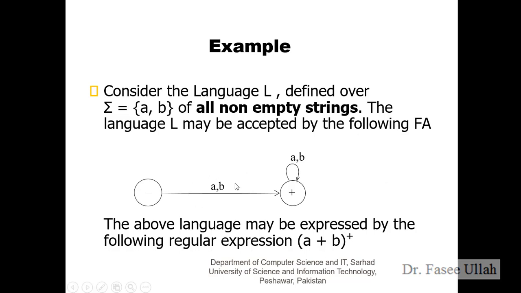So how can we design the finite automata? If we do not have any empty string over here, we just have the initial state and the final state. We have a and b, right? And we have a loop as well. For example, a person asks you to accept a, a, b, b and a. So what will it do? It will come here, read a, then reach here, a, then again a, then b and a. So it will work this way.